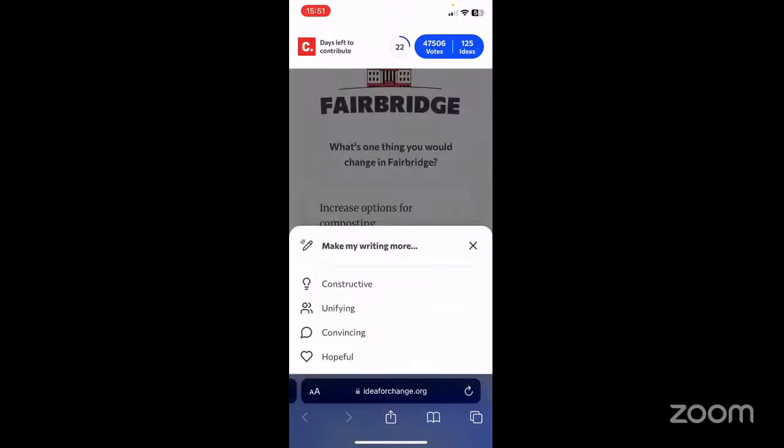Yeah. Hopefully it makes sense to me, like a more inspiring language, convincing, that also makes sense to me. Unifying. I don't quite understand the difference between unifying and convincing. I would feel that the outcome might be very similar. Ah, okay. Yeah, maybe I guess unifying is, I don't know. I would expect the outcome to be similar. And then constructive,